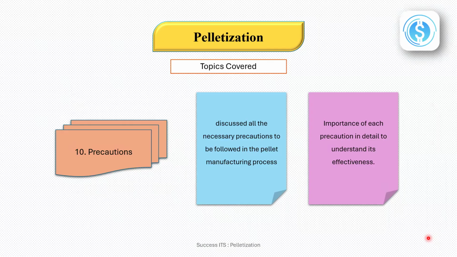We will also discuss the importance of verifying equipment cleanliness, using the correct process parameters, monitoring critical operating conditions, following approved standard operating procedures, and maintaining GMP practice throughout the manufacturing process. In addition, we will cover common operator mistakes that can occur during pellet manufacturing and the best practices to avoid them. This practical point will help you perform the manufacturing activities safely, efficiently, and in accordance with the quality requirements.